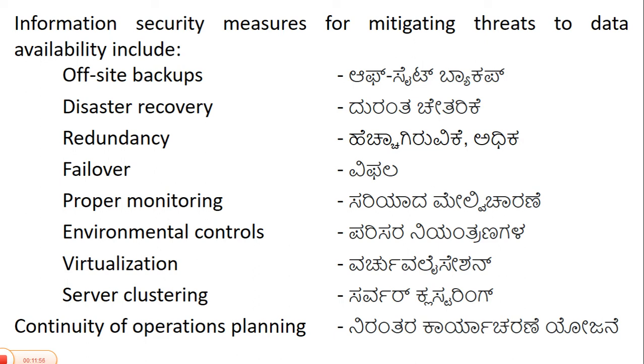And second one is disaster recovery. Disaster recovery means recovery from a calamity. A disaster may be anything. Nowadays we are seeing the disaster of Corona. In a previous year we saw the disaster of a flood. At that time some accidents happen, and we need to protect from those things also.